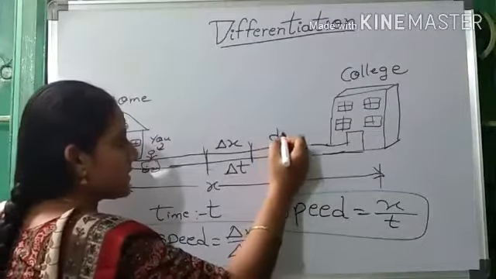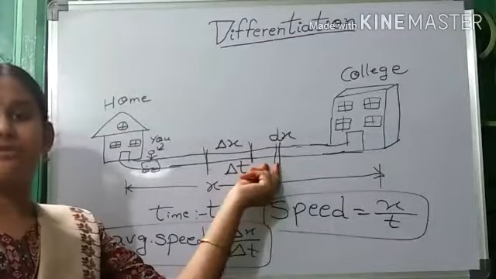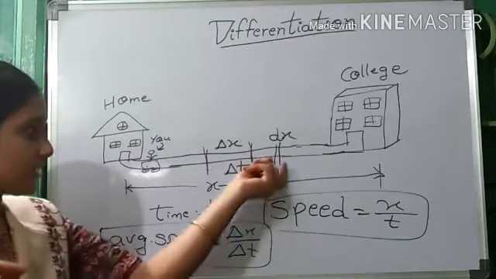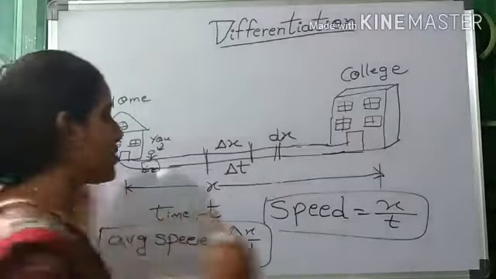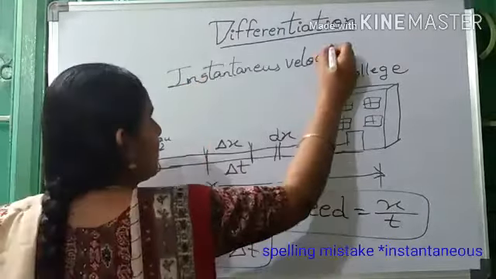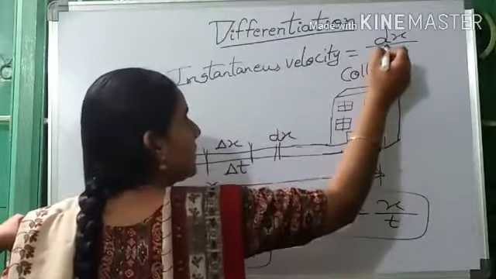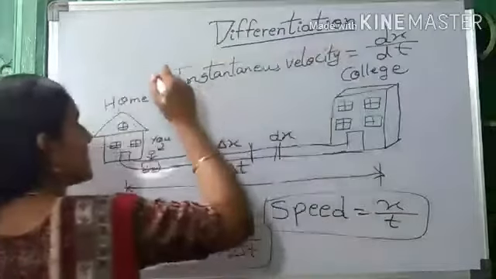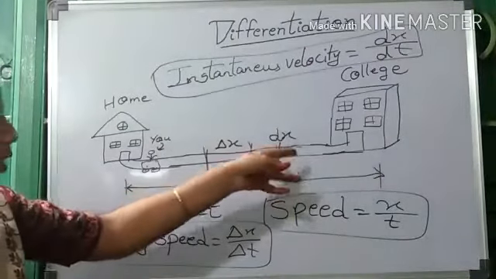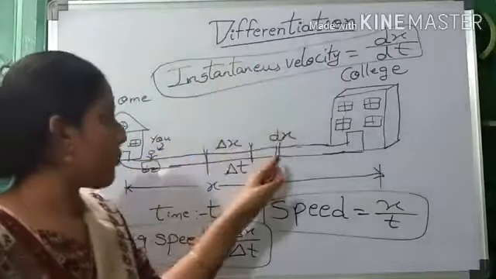This would be dx, at that instant, an infinitesimally small distance. Infinitesimally means very, very small distance. Then what is your velocity? The instantaneous speed or velocity can be found by dx by dt, that is, differentiation of the distance with respect to time. At that instant, what is the velocity? We can find the instantaneous velocity at that point by